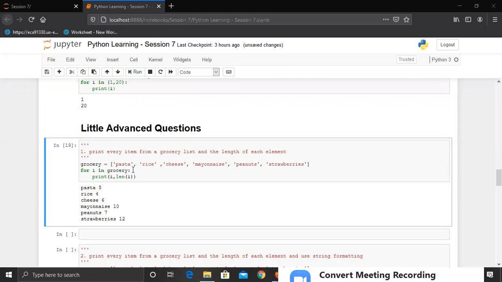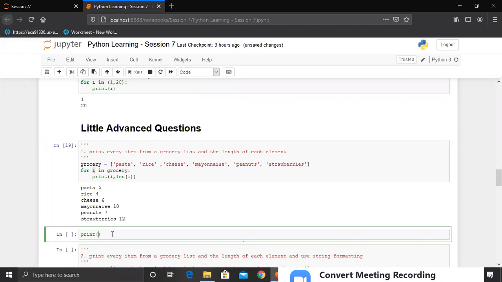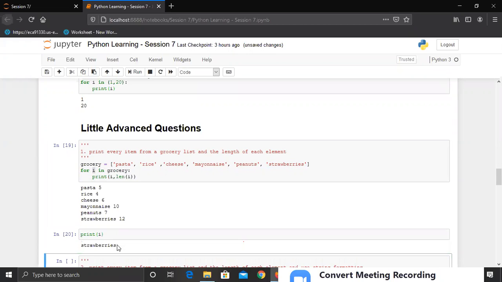Strawberries. Yeah, that's right. So once the loop is completed, the i value will still be there. The memory will be retained for this i variable, and the last element that this for loop had, which was strawberries. So this will be the value of i if I print it separately. If I check print of i, you can see it will have the value strawberries.